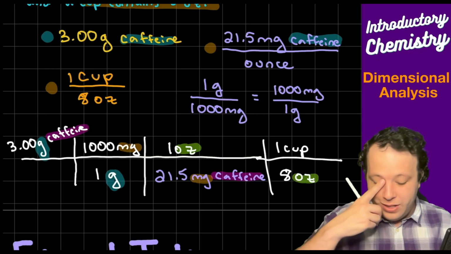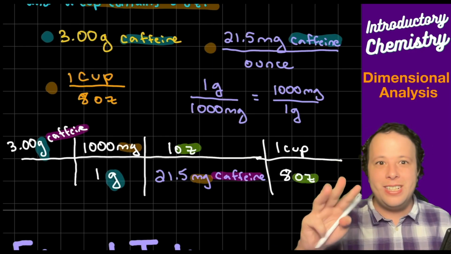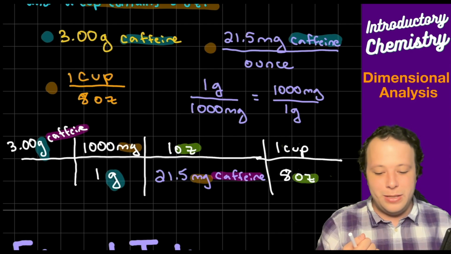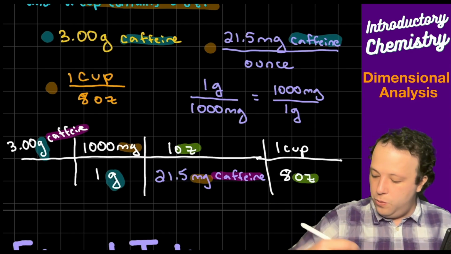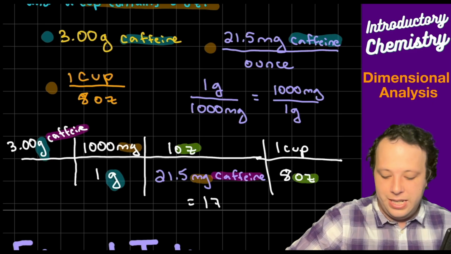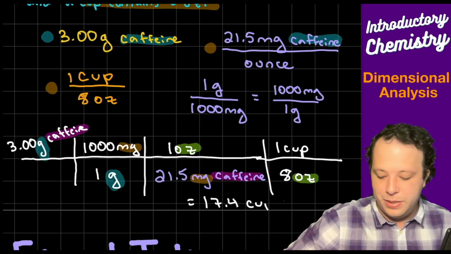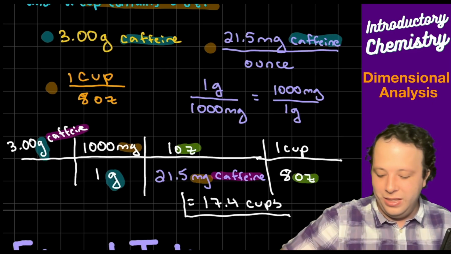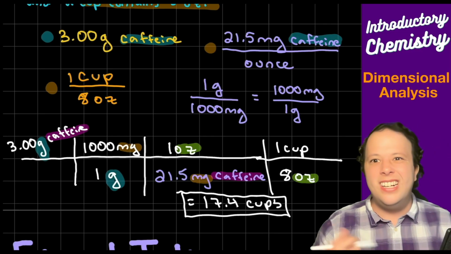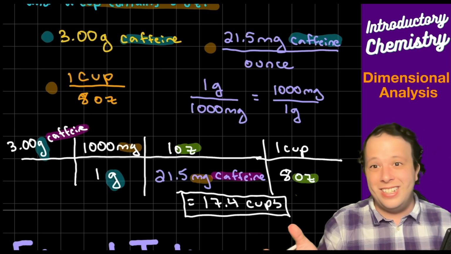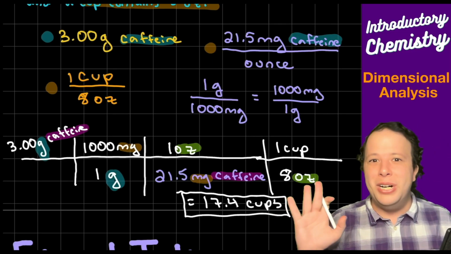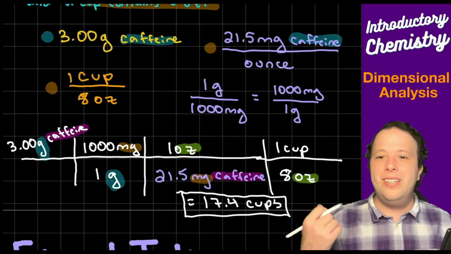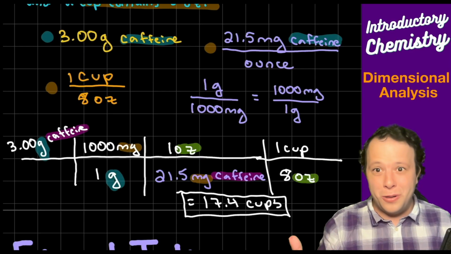When you do that, right, this problem has to be in 3 sig figs based on the numbers given to us in the beginning. And what we will get is 17.4 cups of coffee would lead to a student getting sick. That's a lot of coffee. Hopefully you're not drinking that much in a day during your semesters or at work, but 17.4. All right, so that's how you do these hard word problems.